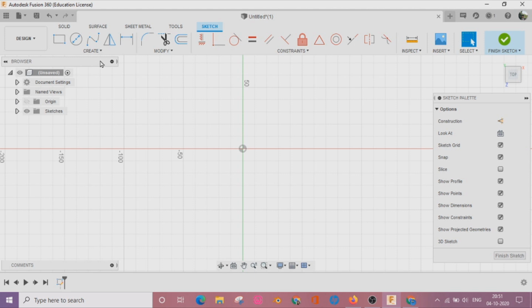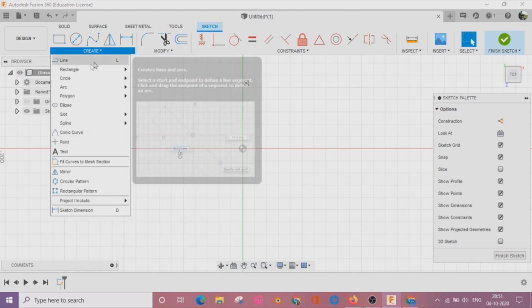First, without clicking that, you will see that the plane will be on the 3D side, and after clicking on a plane, the 2D view will be generated for designing or drawing commands. Today we will see first of all sketch.